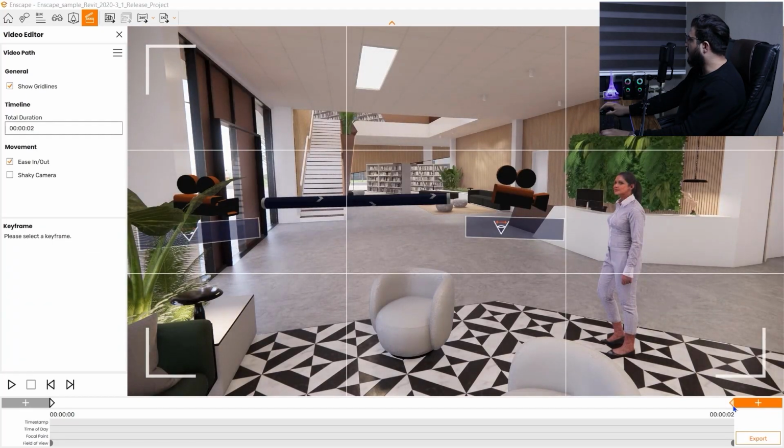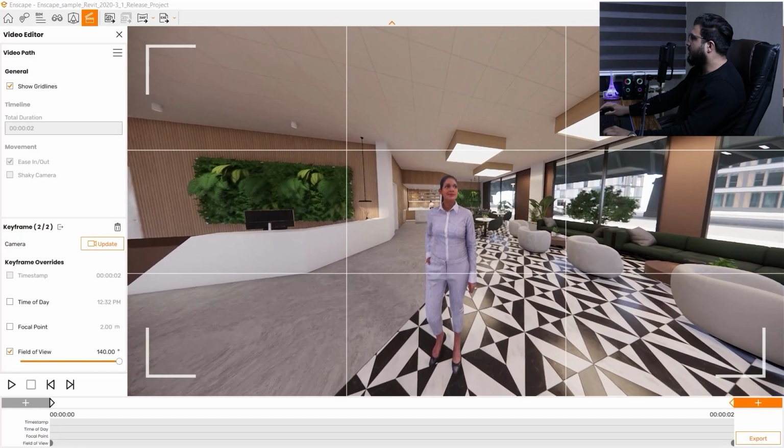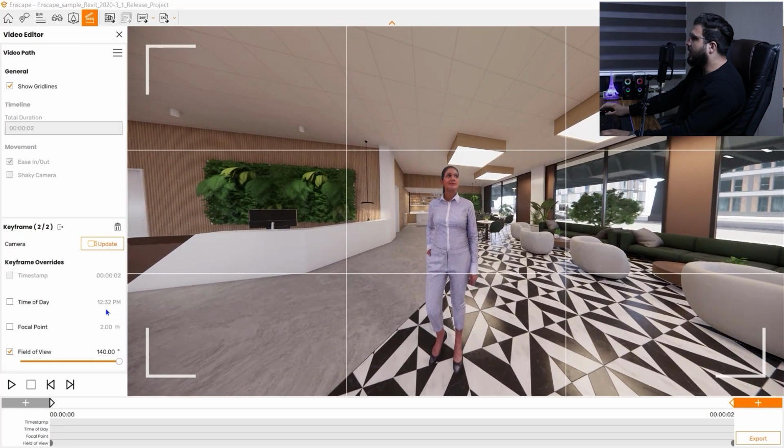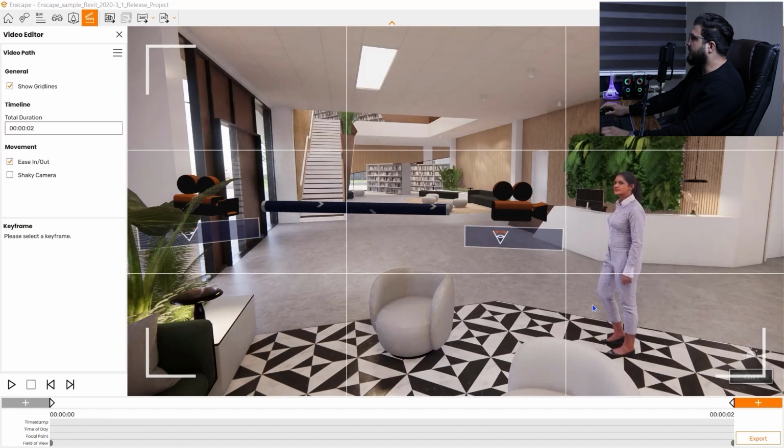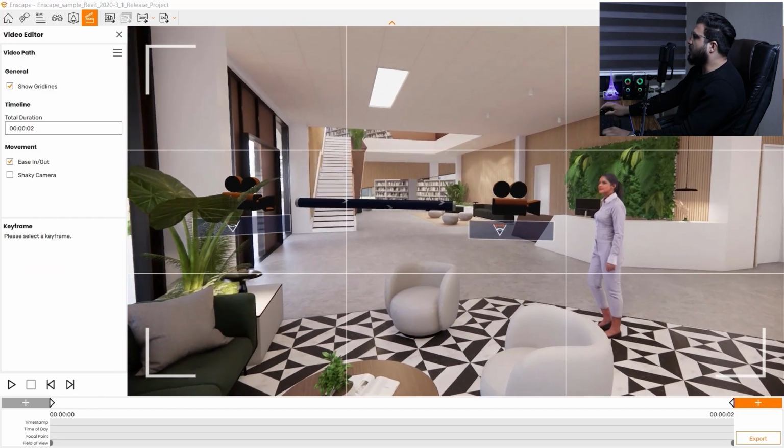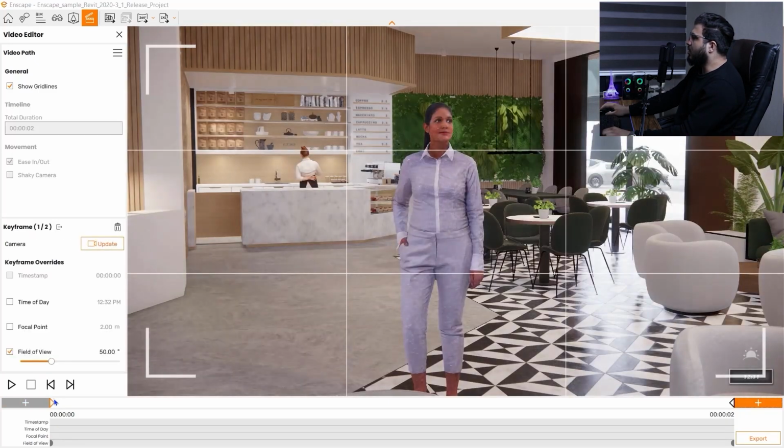Let's go to the second keyframe in here. Also, we need to go a little bit down. Click on update. Press escape again. And now it is much better. And now we are good to go. And you can see a preview too from